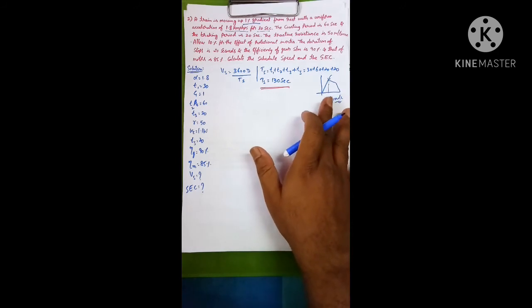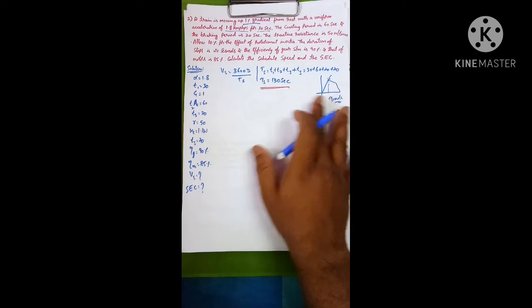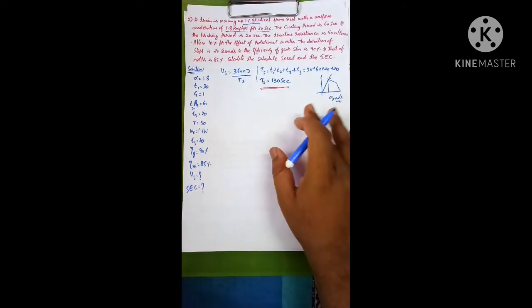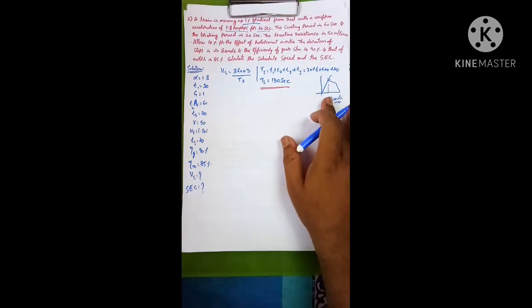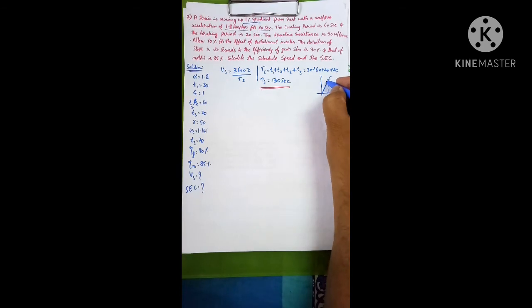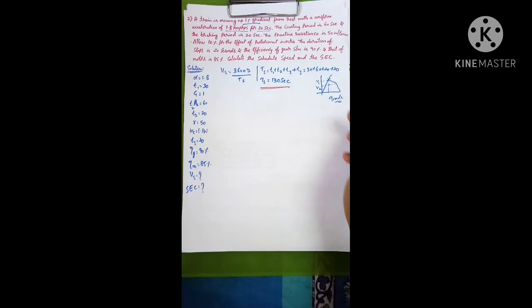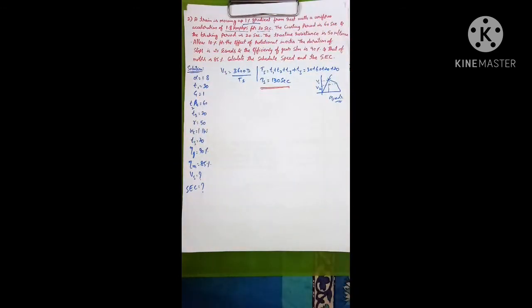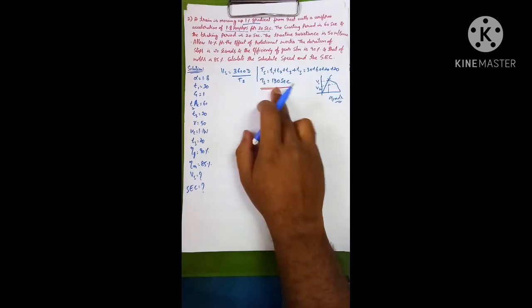This is the most important thing which you need to understand. That's why I have taken this as beta c. Actually the coasting period is there. If it is free run, then it is trapezoidal. If not, you should take it like this. If you don't get this picture, then it will be a problem, because here you need to identify V1 and V2. Two different speeds will be available. If it is trapezoidal, you will get only Vm, but here we have two different speeds. This has to be understood from the given data. So if the coasting period is there and there is no free running, then it is a quadrilateral. Okay, so Ts is obtained.